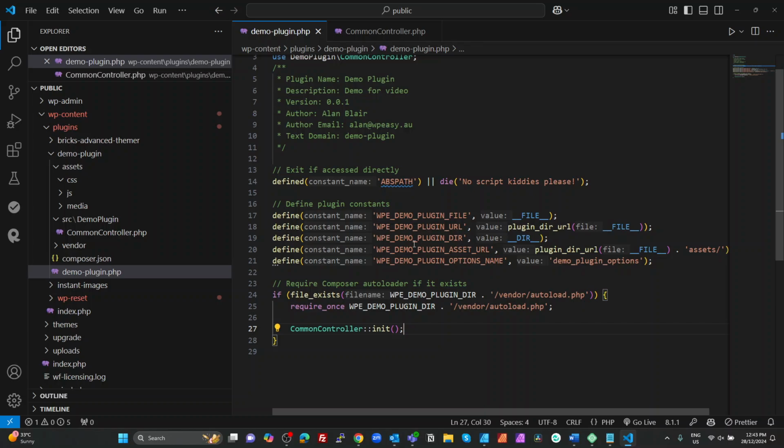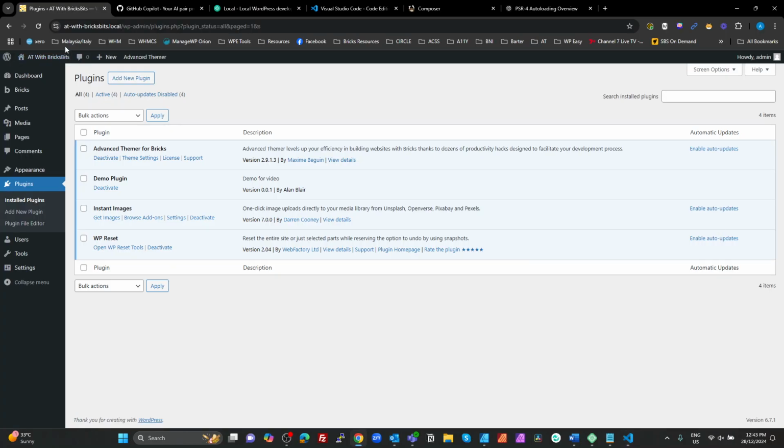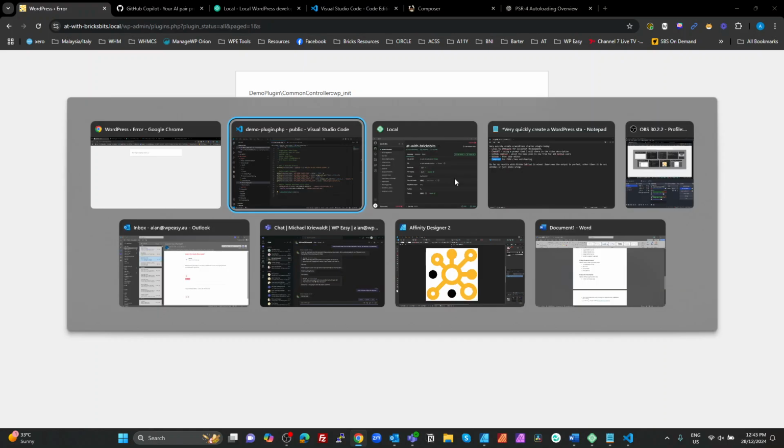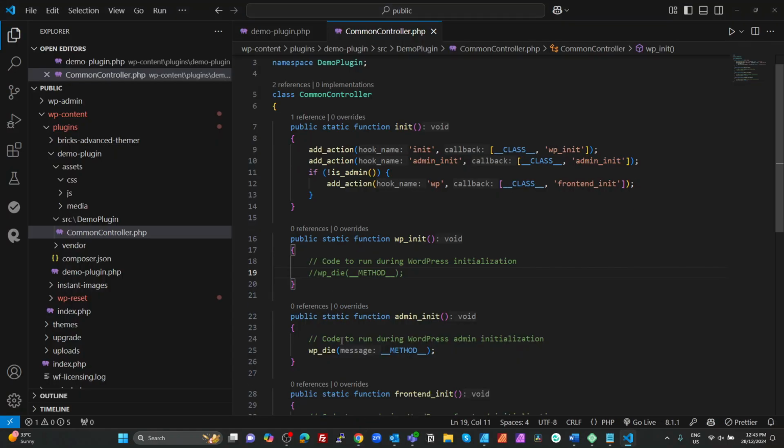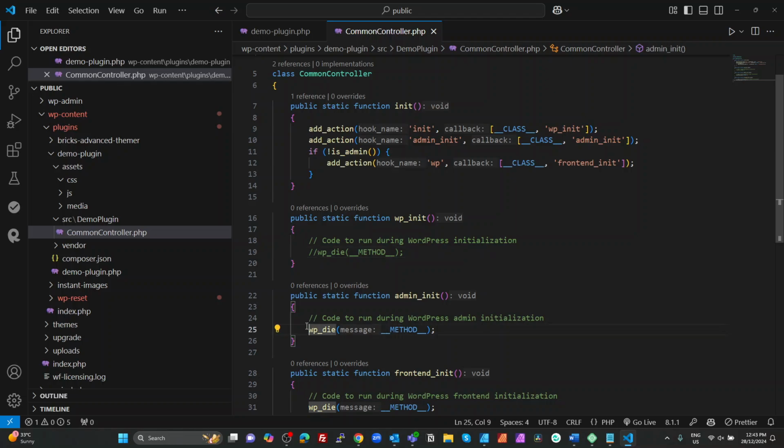And what we should see is we should get a WP die for our first hook that runs. So I refresh, WP die, WP init. Okay, now we are in admin. WP init runs, and it should because that's going to run in both admin and front end. So let's just comment that out now. So go back and refresh. Now we've got admin init, okay, which is what we want. So we comment that out,